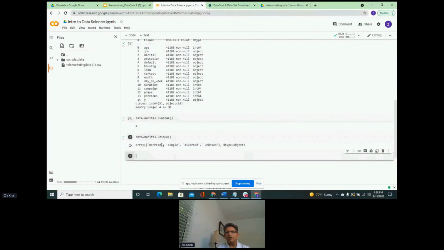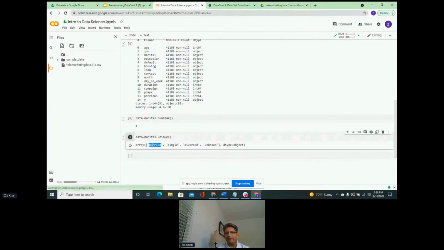And these are the 4 unique values: married, single, divorced, and unknown. So there are some people that we don't know whether they were married or not. So this feature marital has these 4 unique values: married, single, divorced, and unknown. That gives us a little bit of an idea.